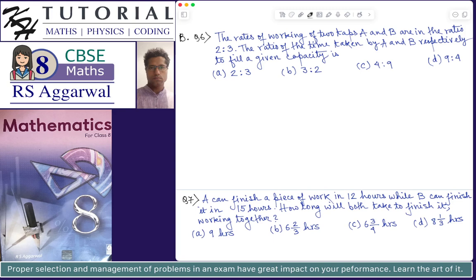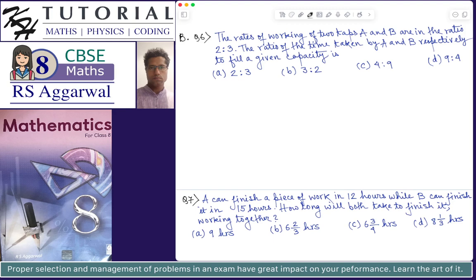The ratio of the time taken by A and B respectively to fill a given capacity is... Okay, so both the taps will fill, so they are inlets. Since it is asking the ratio of the time taken by A to fill a given capacity, you can consider it as a tank. So it is asking basically the ratio of the time taken by A to fill the tank and the time taken by B to fill an empty tank,